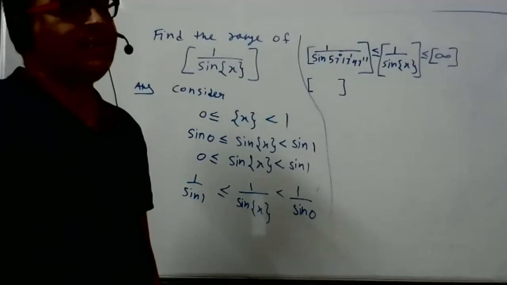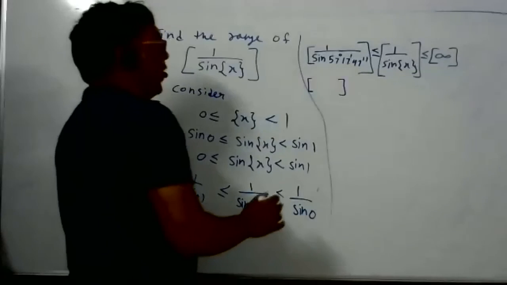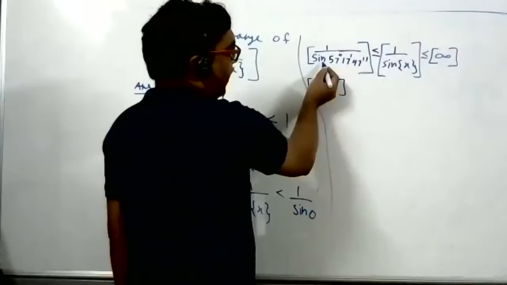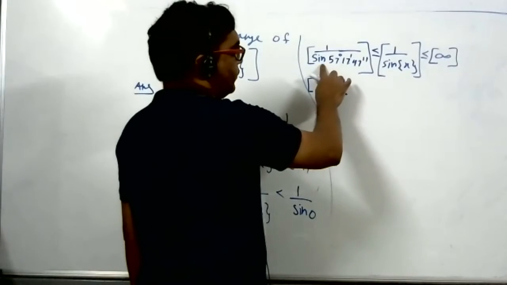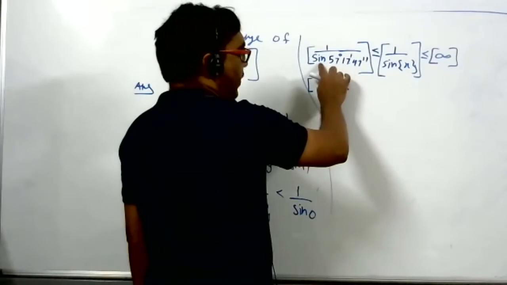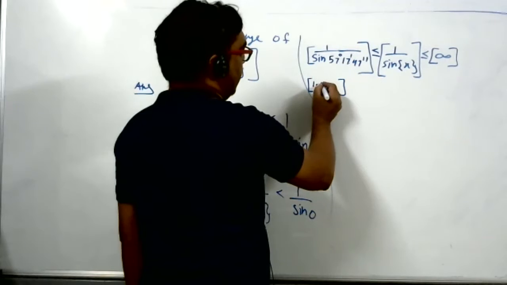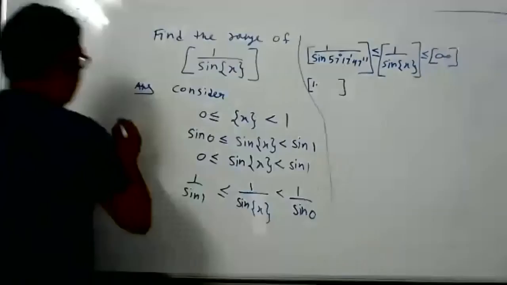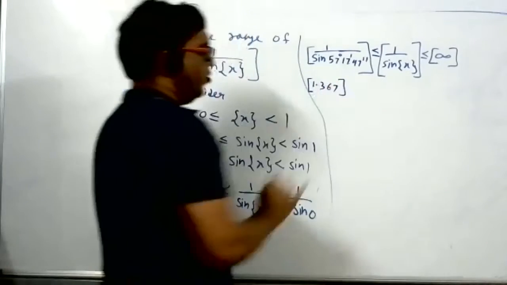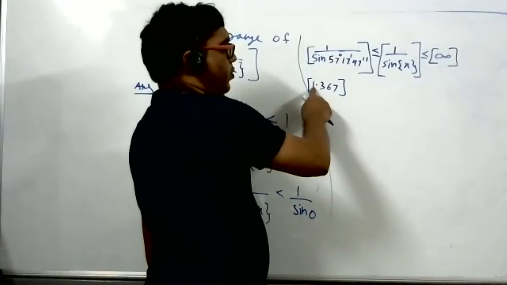What is the sine range? Less than 1, but we are talking about 1 by sine. Especially girls, pay attention. The denominator is a number which is less than 1, but its reciprocal will be more than 1, 1 point something. Suppose approximately 1.4 or 1.3 something like that. Simply I wrote, but it is not more than 2. You can find, student, 1 by something is not more than 2. It will be 1 point something.